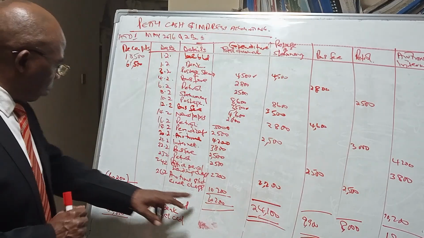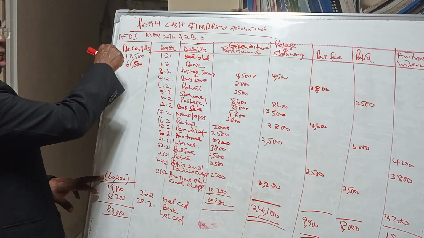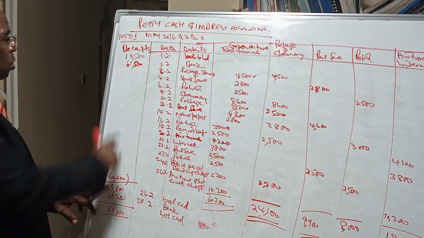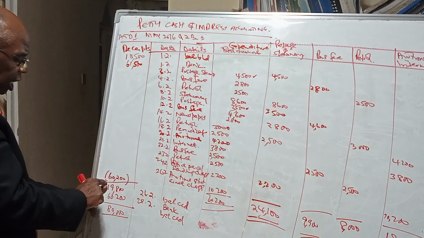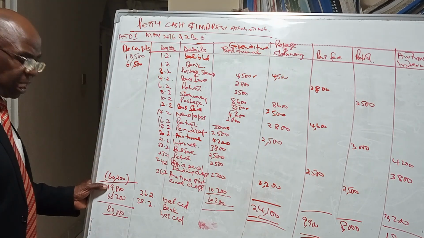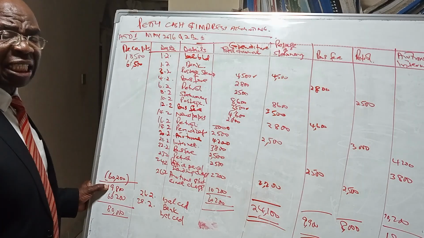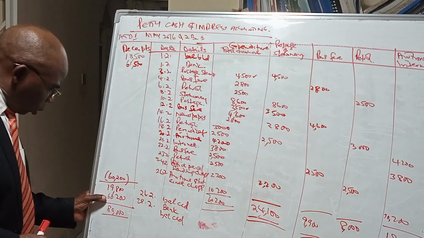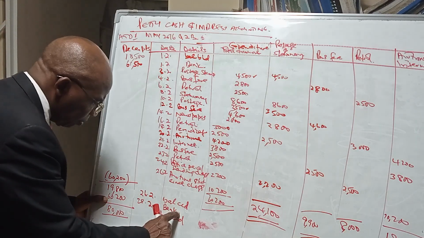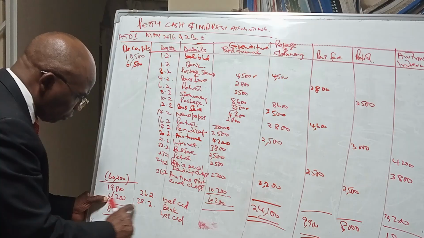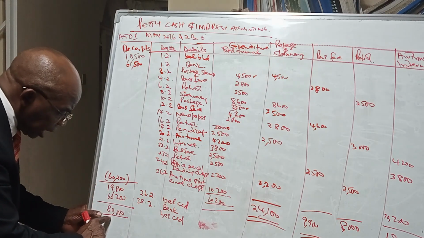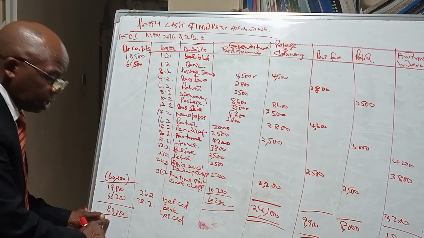So that total payment, you bring it here, you subtract it from the money we had, and we get the remaining money. We had 80,000. We have spent 60,200. We have now 19,800. For us now to go back to 80,000, we need to be reimbursed 60,200 from the bank. We need to receive 60,200 from the bank on 29th of February, so that our total money can be 80,000. Once we have 80,000, now we start